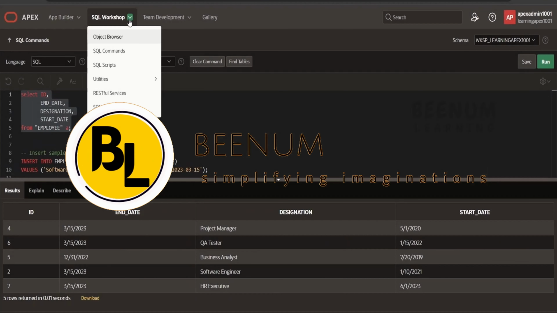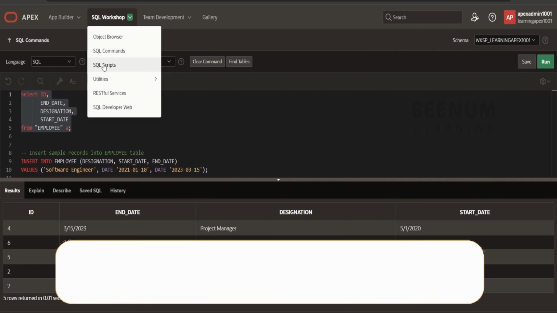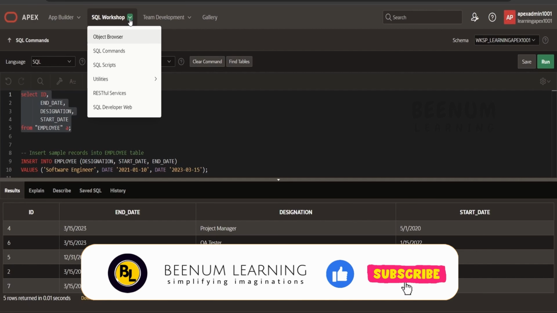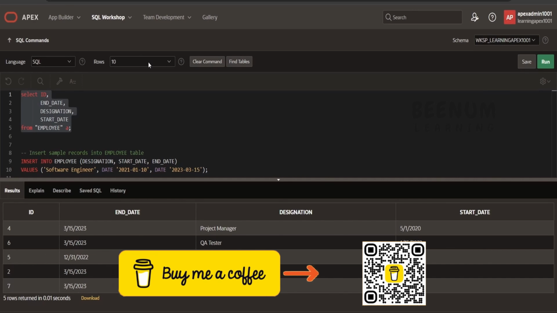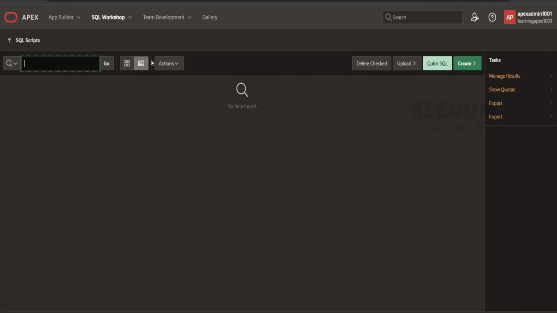In this class, we are going to learn one more concept over here in the SQL workshop, that is the SQL script. We have to go to the navigation toolbar at the top and select SQL scripts within the SQL workshop. So SQL script, in short, is used to create a script or a file by writing a PL/SQL block